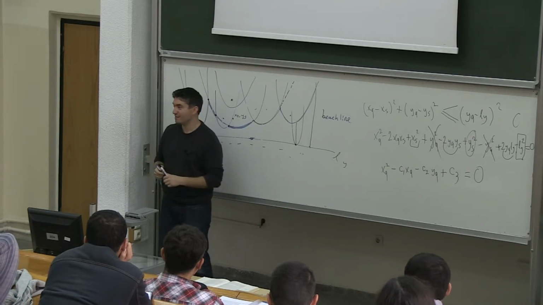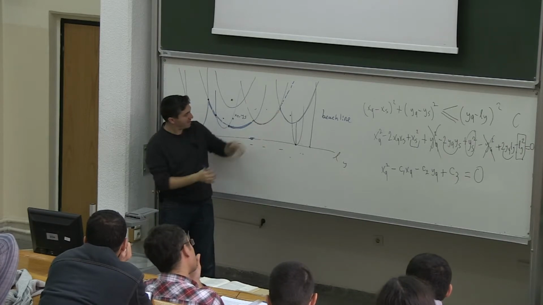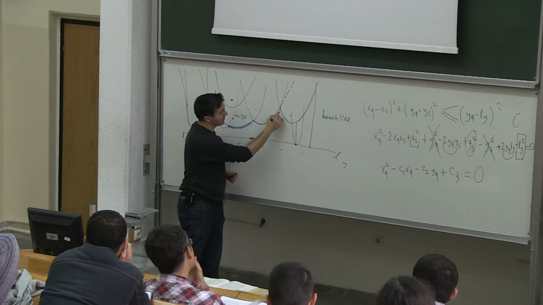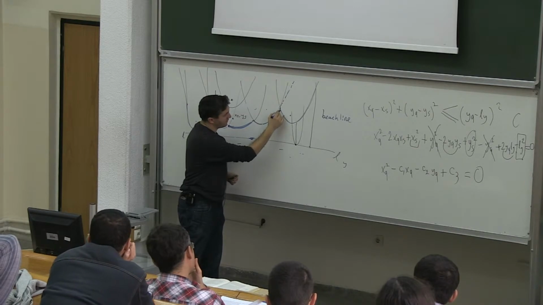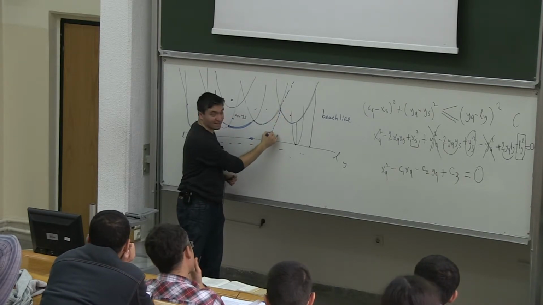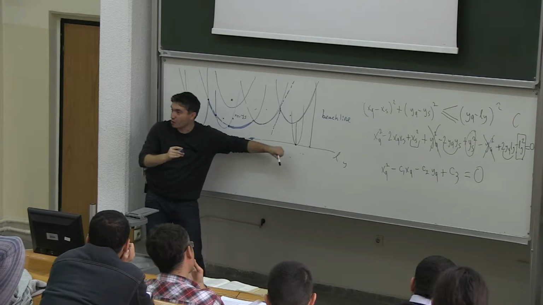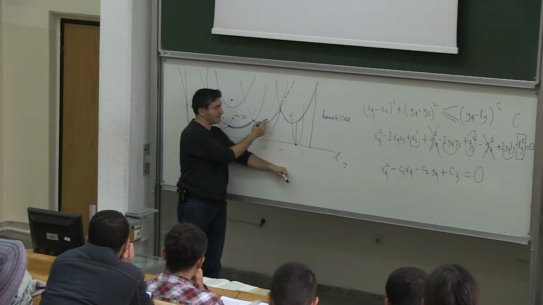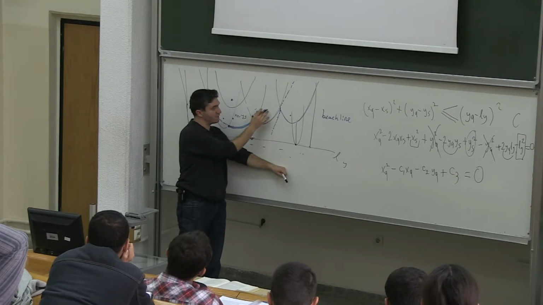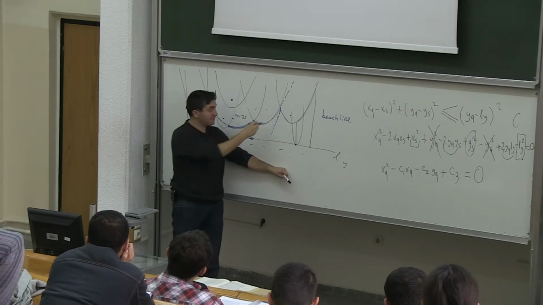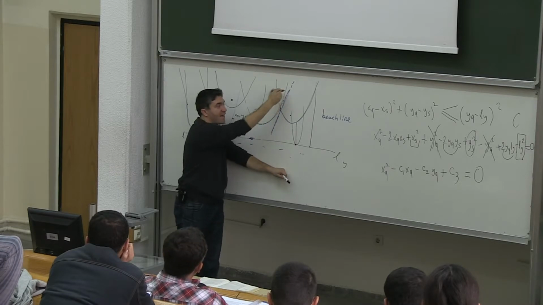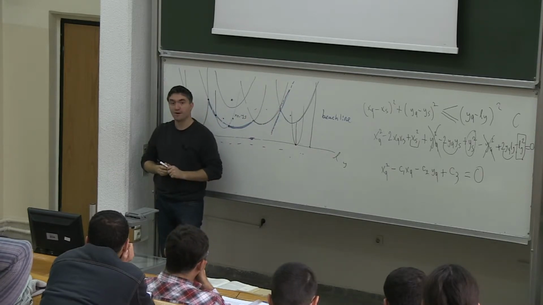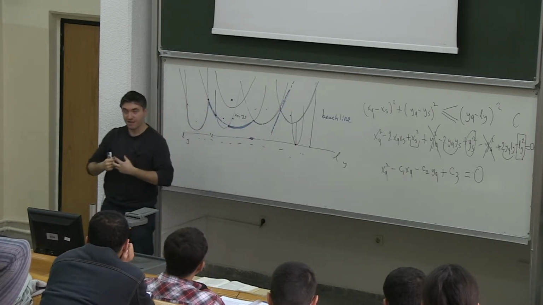For example, if this breakpoint moves like this as the sweep line goes down, it means that the points here are equidistant to this side and this side. It traces out an edge of the Voronoi diagram. So the breakpoints, if we trace them,